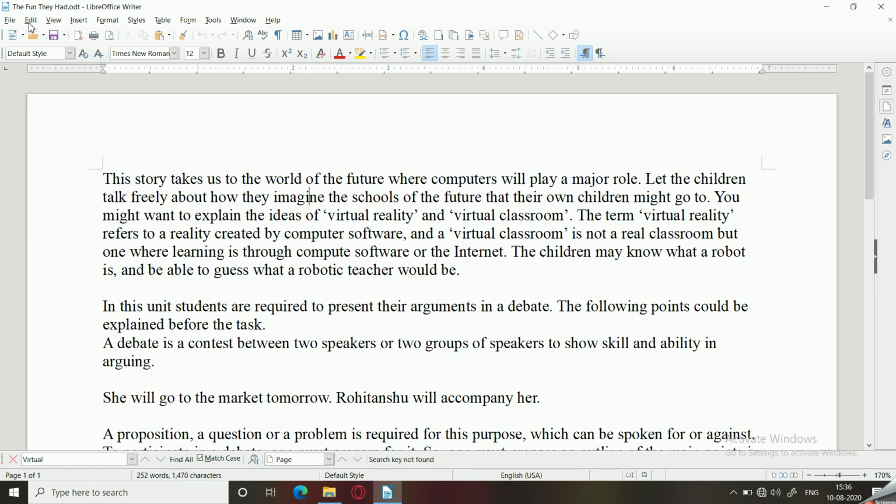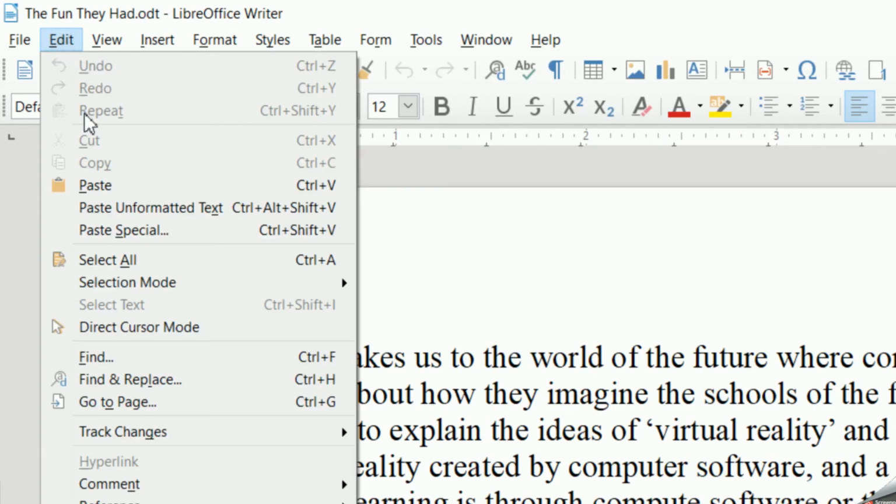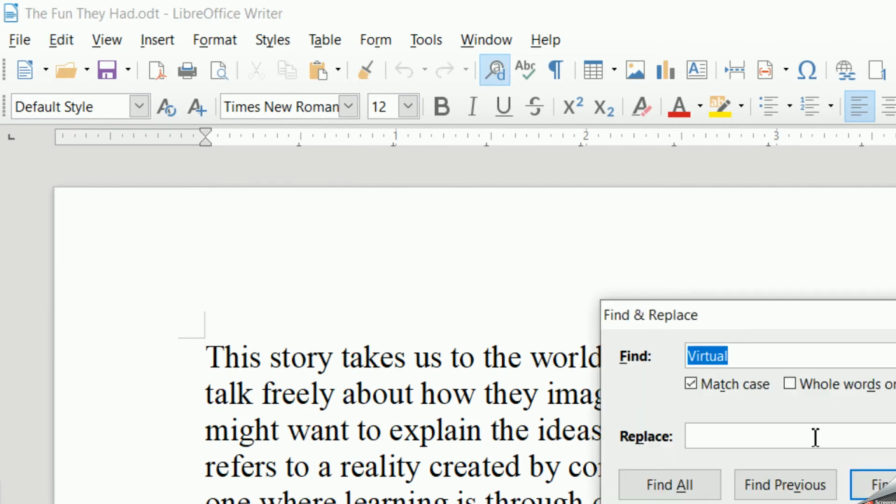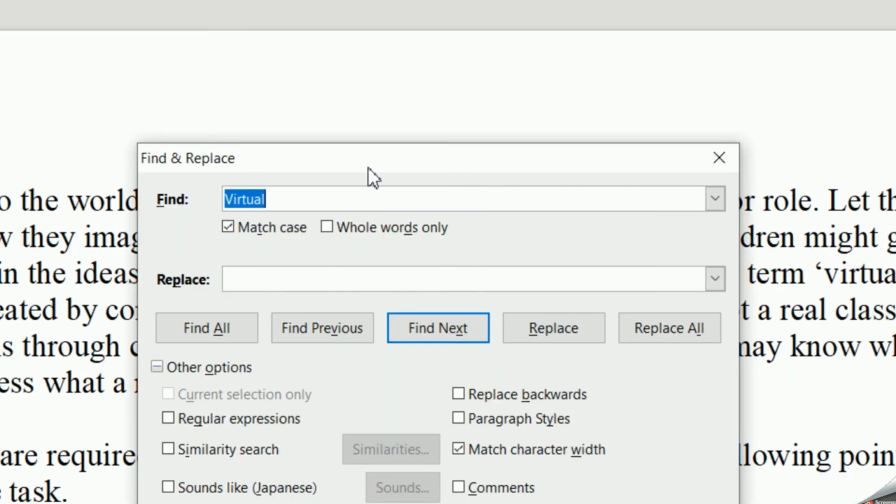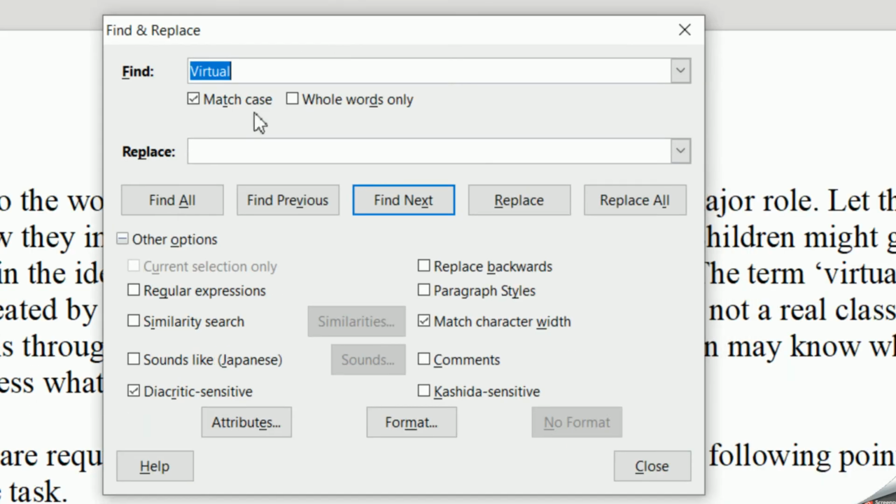or we will go to the Edit menu and select Find and Replace. So it gives us a Find and Replace dialog box over here. Same way you can use Whole Words Only, Match Case, and you can replace it with some word. Suppose I want to replace this. Now you already know how to replace a word, so I will not teach you that because it is the same as MS Word only.